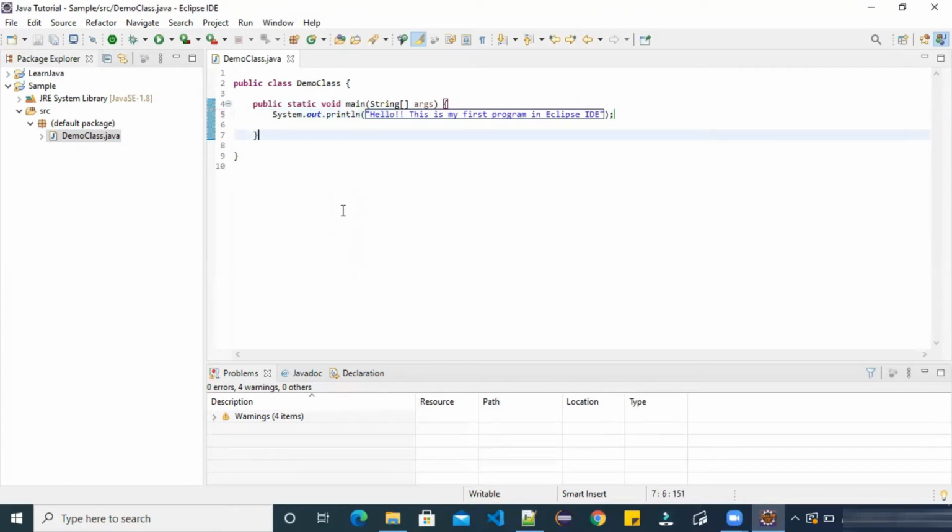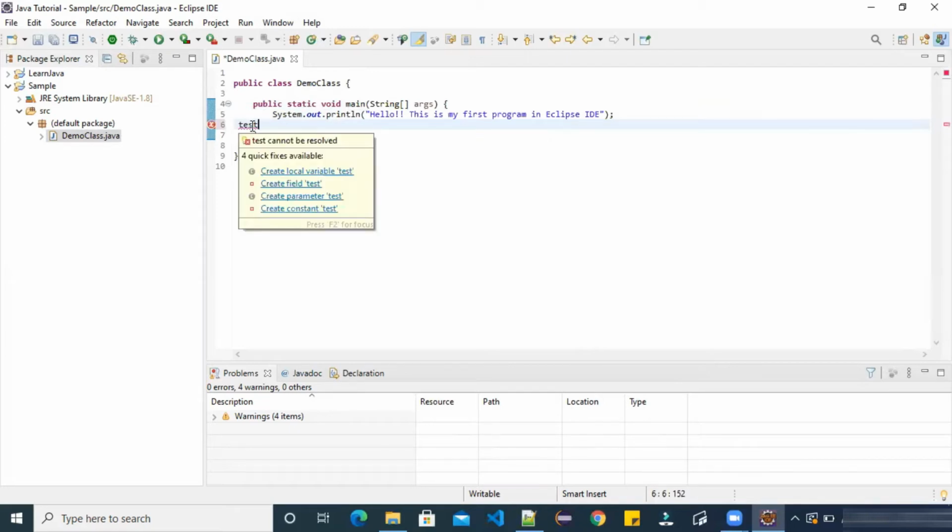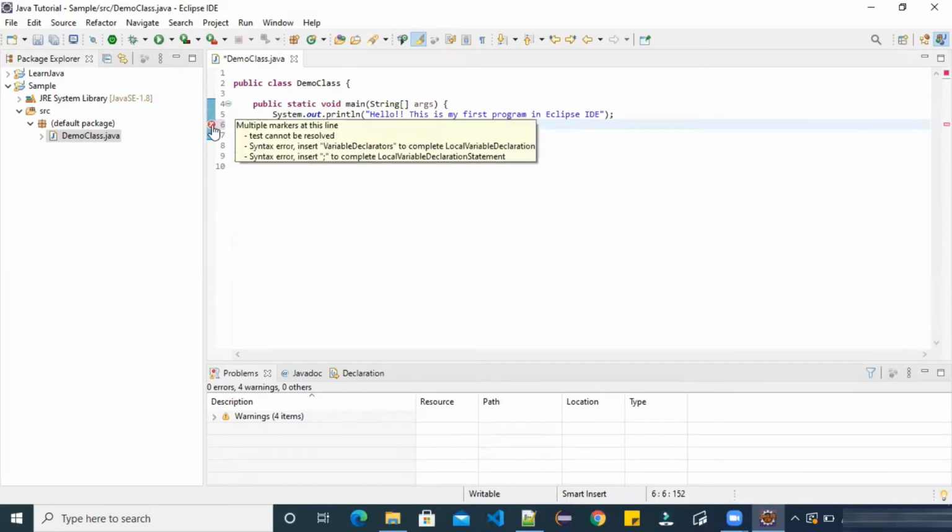Save this class, Control S. You can see we don't have to compile, because if we write anything here, the Java compiler will automatically show us errors here, like test. This is not something we have defined. Java cannot recognize this. Test cannot be resolved. These are the compilation issues we are going to see in the editor itself.